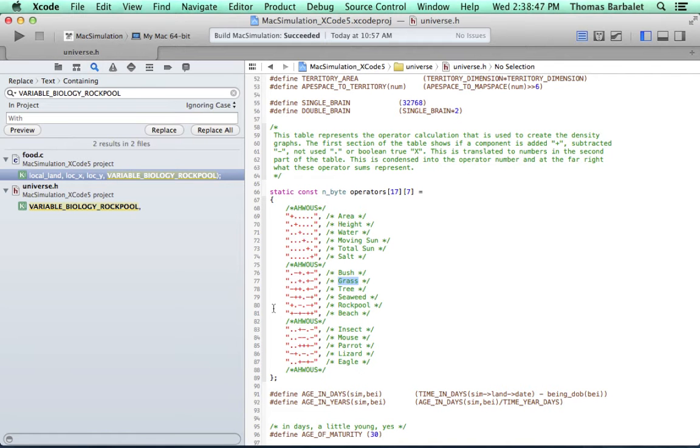A tree is more interesting. Ideally, a tree does not like surface area. A tree wants as flat a ground as possible. However, it does like height, it does like water, it does like total sunlight, and it doesn't like salt. And then you go through these logics, and then with the animals, the actual critters that live in the environment, moving sunlight obviously is going to have a greater effect. So all of these have moving sunlight related effects on them,